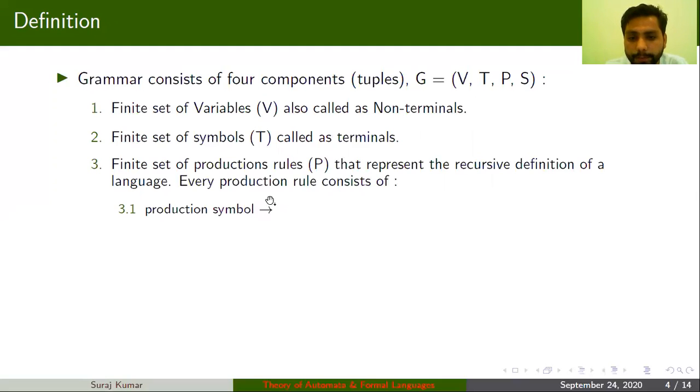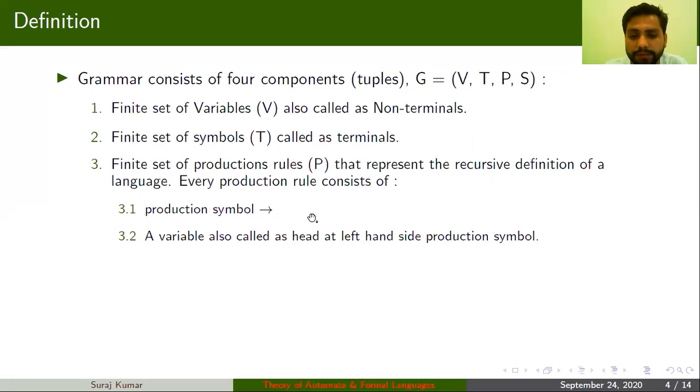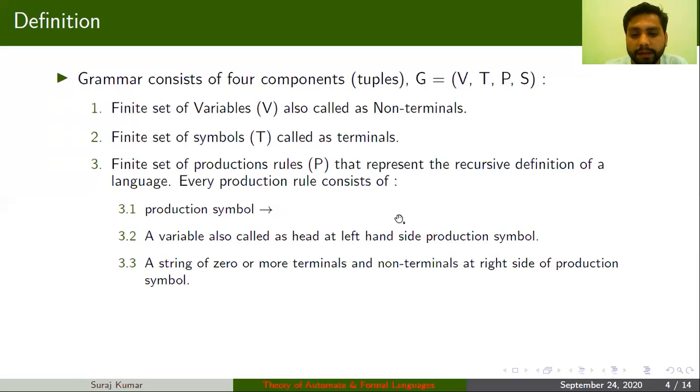Before this production symbol, you will have something on the left hand side, and then you will have something on the right hand side. Whatever is on the left hand side of this production symbol, you can call it the head, and the things present on the right hand side of this production symbol, you can call the body.